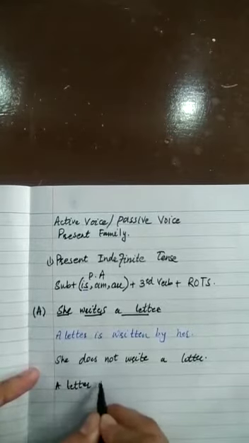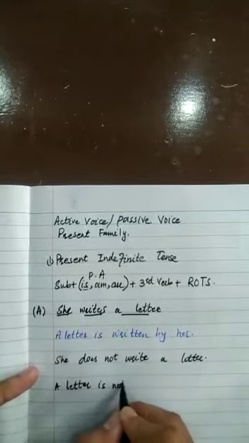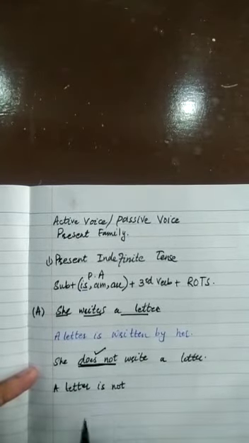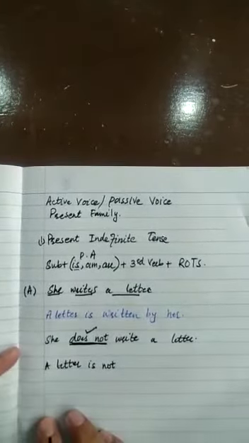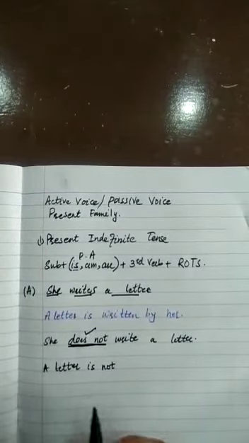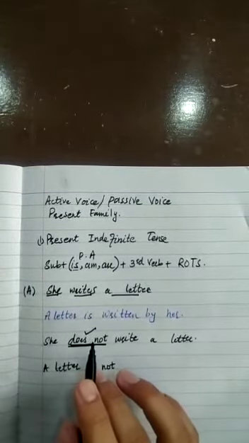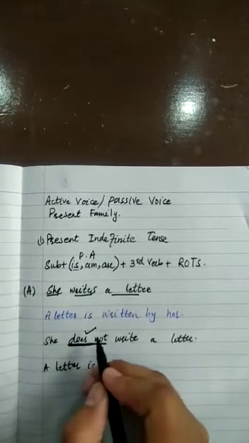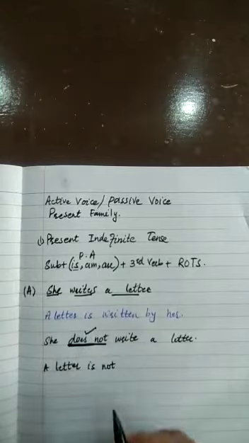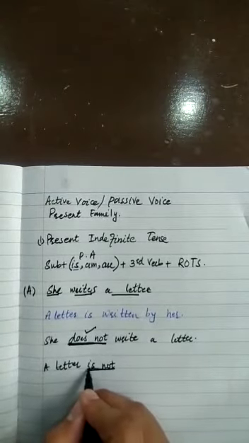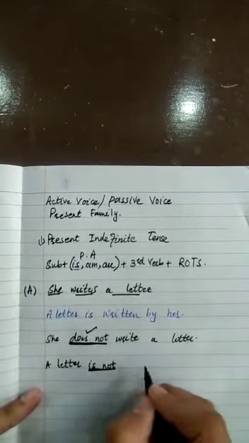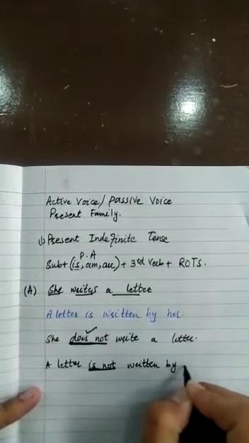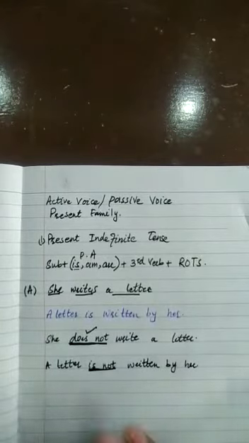Here we use is. So with is, just put not. Here the negative auxiliary was does not. If I remember, I told you a few minutes ago that every tense is having an active auxiliary as well as a passive auxiliary. So the present indefinite tense active auxiliary of negative is does not. So here we will use it with is not. Same is the case here. Is not written by her. Have you got the point?